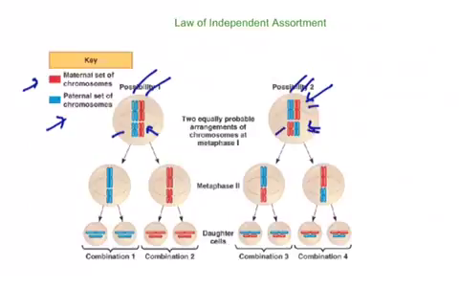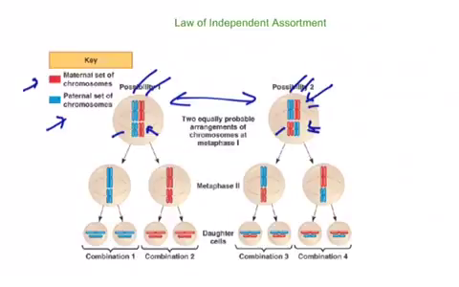And this applies to however many pairs of chromosomes the organism happens to have. We would have 23 pairs lined up for meiosis. So shown here are two different possibilities for the way those two different homologous pairs could line up on the